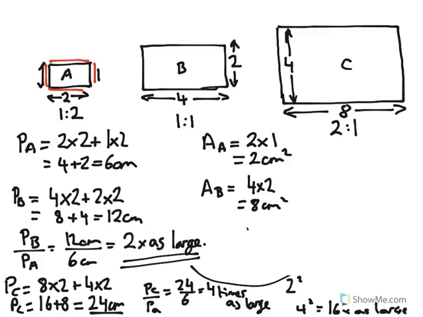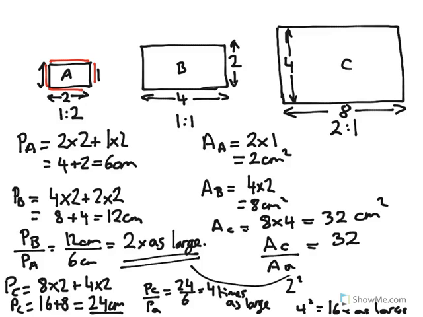Let's calculate then the area of C. The area of C is going to be 8 times 4. 8 4s are 32. It's going to be 32 centimeters squared. If we're now going to compare the area of C divided by the area of A to see what ratio we get, the area of C is 32 centimeters squared, and the area of A is 2 centimeters squared. Centimeters squared cancel. 32 divided by 2 is 16. So 16 times as large,